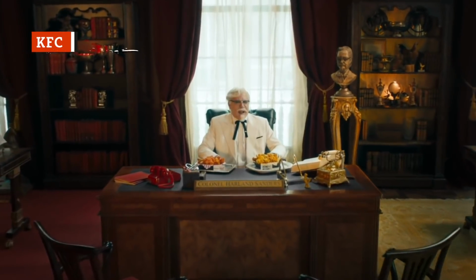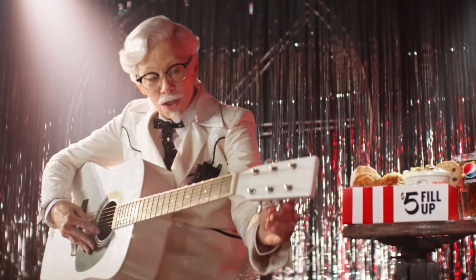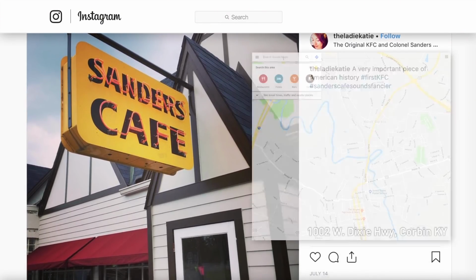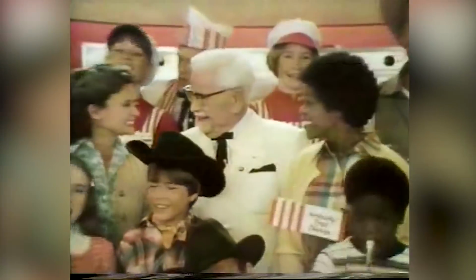We begin our list with a bit of a contentious entry, since the location of the world's first KFC depends a lot on who you ask. According to the National Historical Society of North Corbin, Kentucky, the birthplace of Kentucky Fried Chicken is located inside Sanders Cafe on 1002 West Dixie Highway. That's where the Colonel first developed the recipe for a signature chicken. Today, hungry diners can still feast there, in a dark wood-paneled dining room populated with the original maple tables and